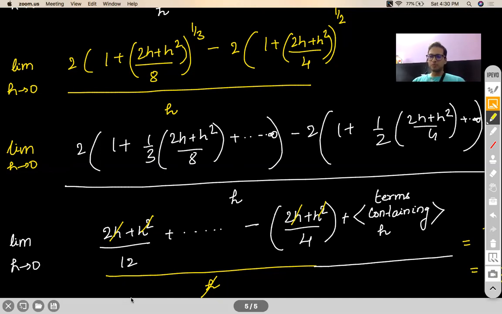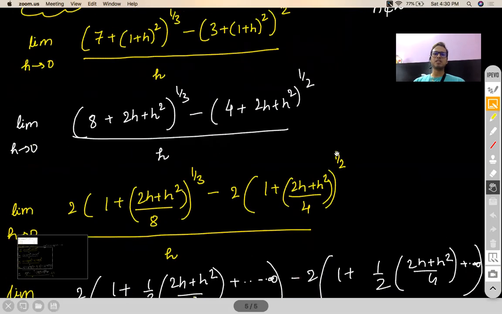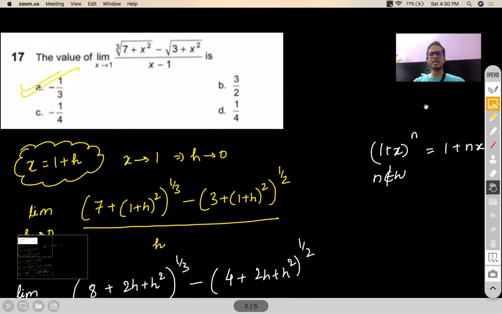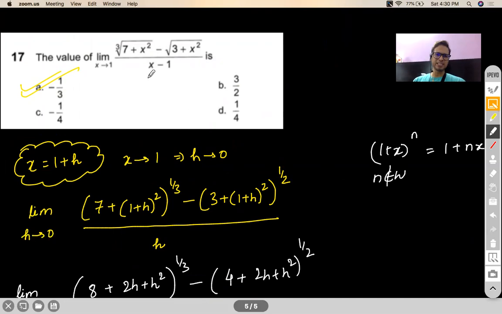Yeah, very good question, Pooja. Pooja has asked, why didn't you start with the binomial theorem at the beginning itself? That would not give me the desired result because it will give you some complicated version. See, x is tending to 1 actually. It is always safe to convert your limit to tending to 0 because you don't have to worry about terms which are having h or x in them. So just to make my life convenient, I did that.